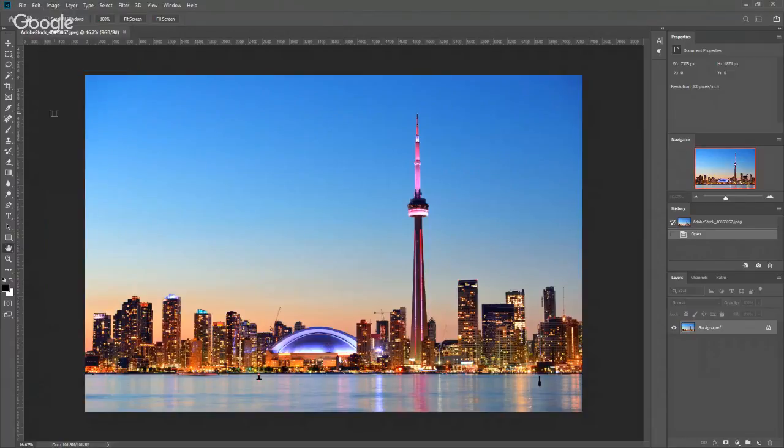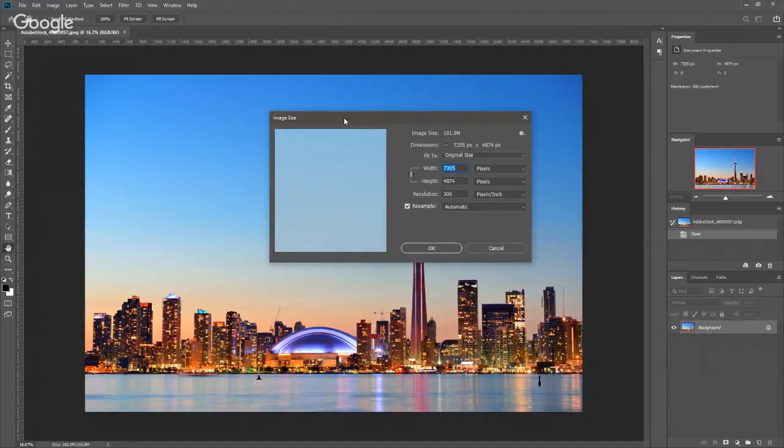So I'm going to look at the image size here. And this is opened up on my other screen, so I'll just move that over there. We're looking at 7,305 pixels by 4,874. Obviously too large. So the first thing I usually do is I'm going to type in one of my two aspect ratios,